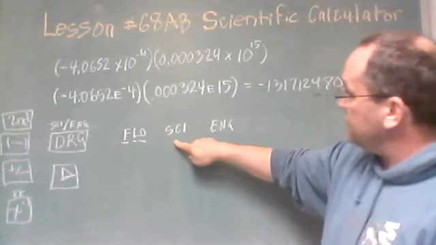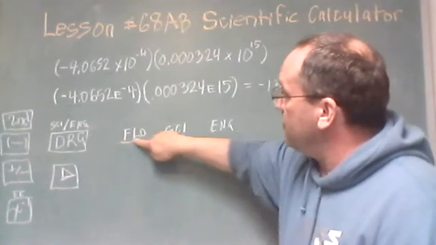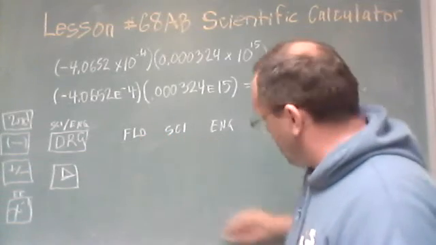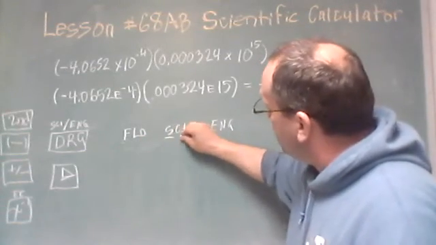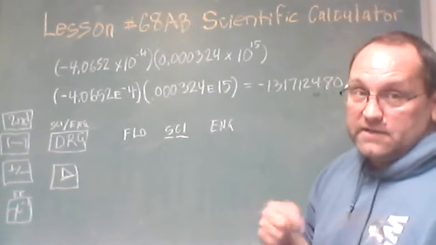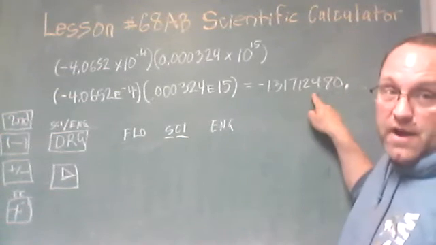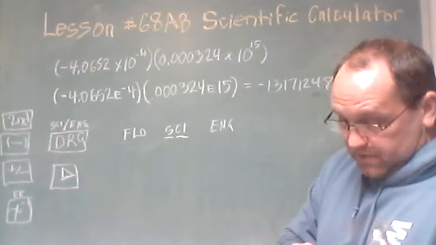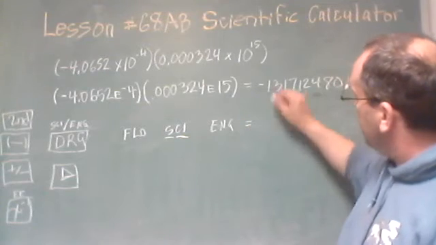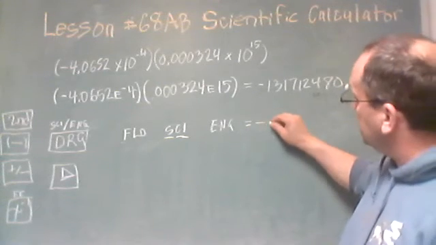That's going to switch. My FLO is no longer underlined. What's underlined now is SCI, scientific notation. That's what I want my numbers to return as in these problems. So I'm going to hit enter, and now when I do that, the number it returns is minus